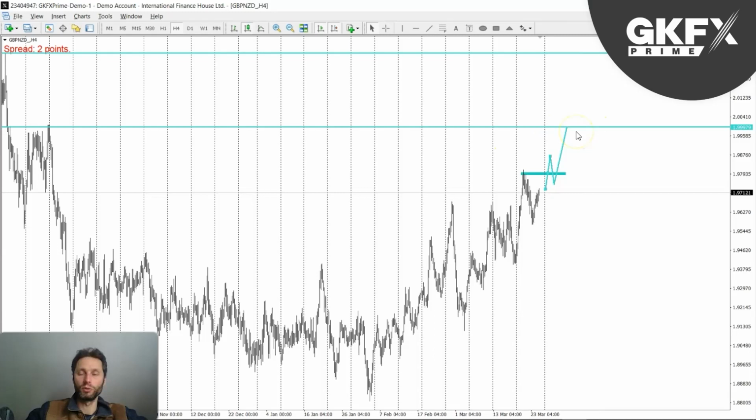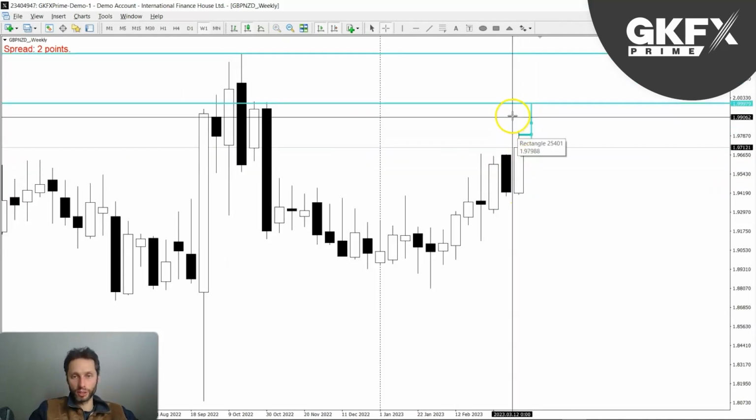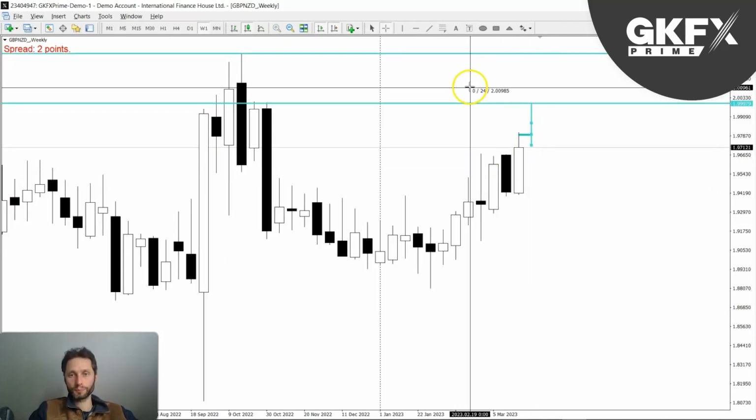So all these significant areas, significant numbers are ones to watch for, because we do have price action. The market tends to bounce around them, use them as support or resistance, or a place to turn around from or to stall from. It's a major figure, psychological number, and many traders will be looking at that. So that is the pound New Zealand, and with this bullishness I'm going to look to continue.